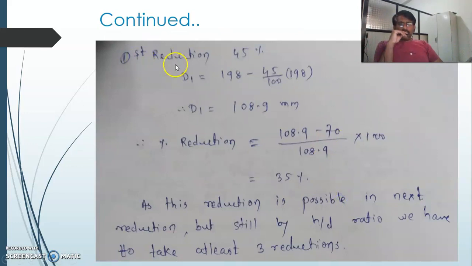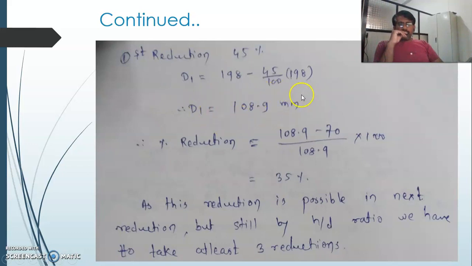So the first reduction, if we make it 45%, the new blank diameter becomes the earlier blank diameter 198 minus 45% of 198. So the value of the blank diameter comes to 108.9 after reducing it by 45%. If we apply this 45% reduction directly, in that case the next reduction